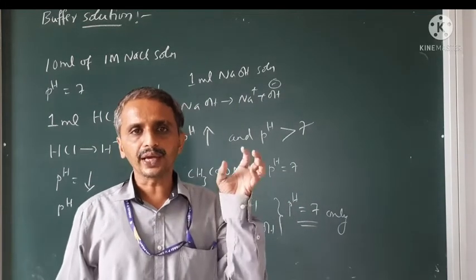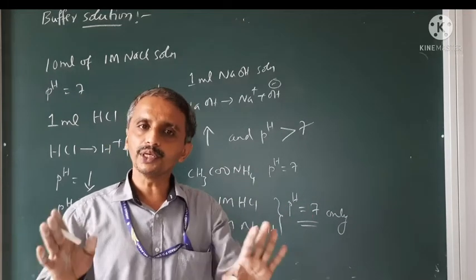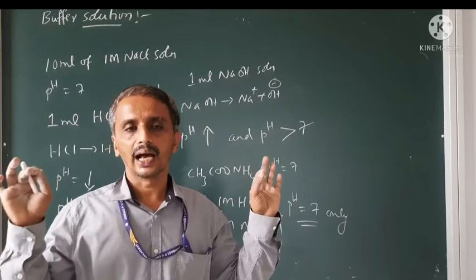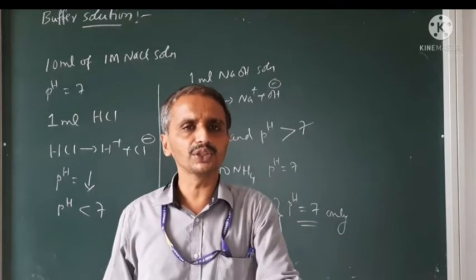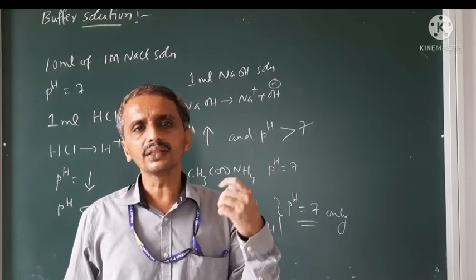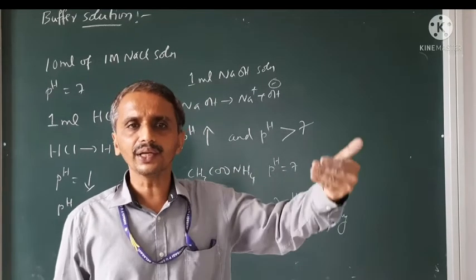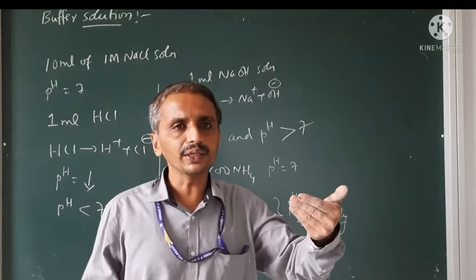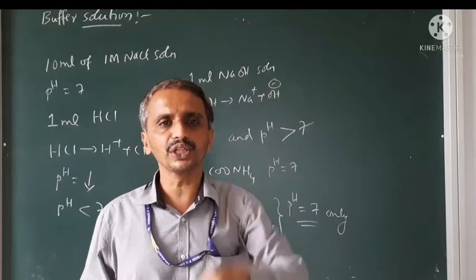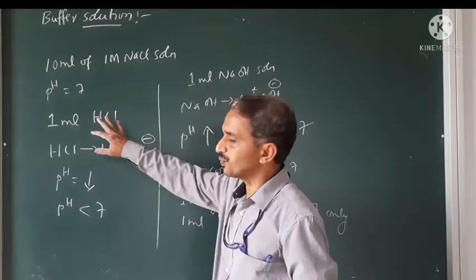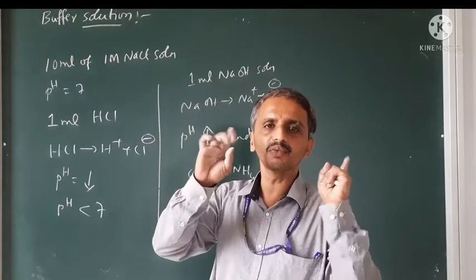Again, if you take 1 liter of a buffer solution and add 1 liter of acid, the pH will change. I am saying take 1 liter and add a small quantity of an acid or a base, then the pH will not change. Because when a large quantity is added, the quantity of buffer is not sufficient to resist the pH change. So, upon the addition of a small quantity of an acid or a base, the pH will not change in this, that is a buffer solution.